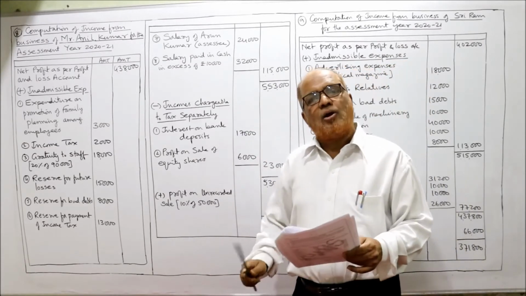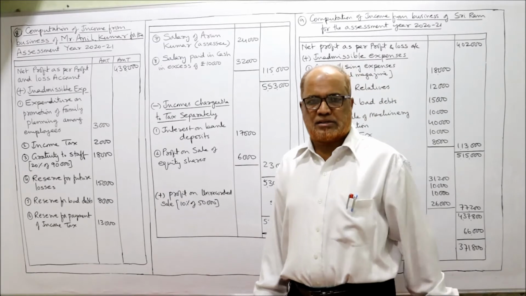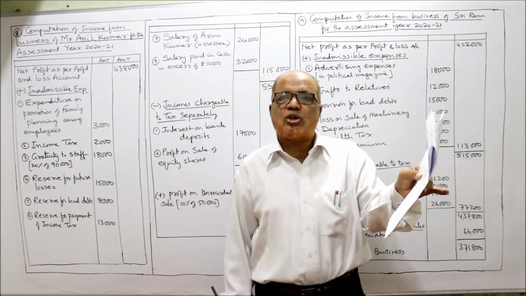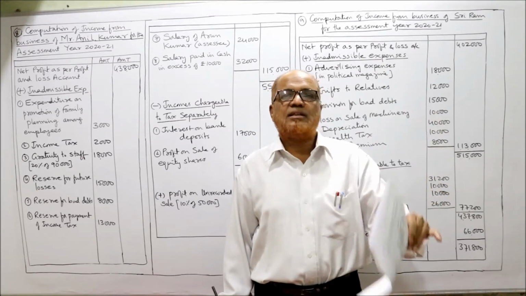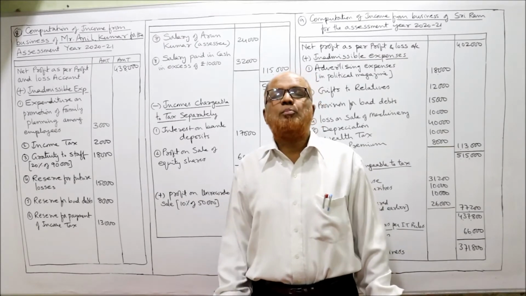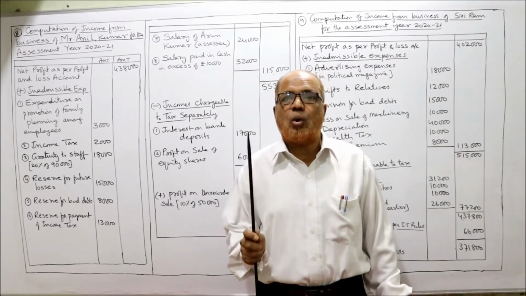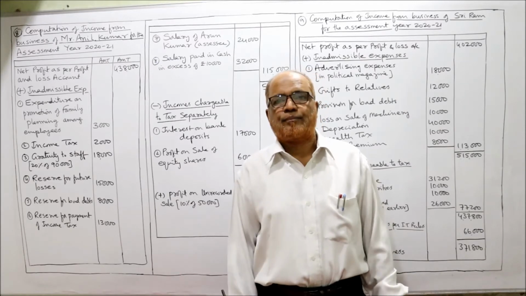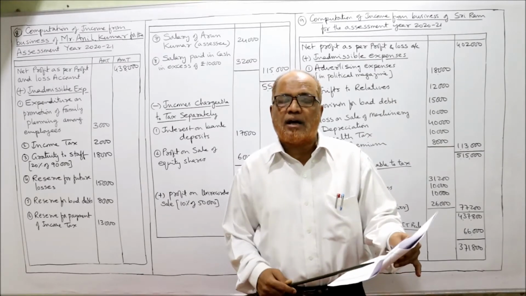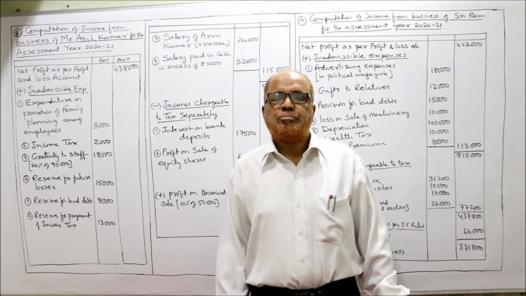Next, interest on bank loan, allowed. Expenditure on promotion of family planning among employees. On the debit side of profit and loss account, one item is given, expenditure on promotion of family planning among employees, 3,000. The Income Tax Act says, if the employer incurs some expenditure on promotion of family planning among the employees, it is allowed as deduction only for companies, only for joint stock companies. But here the business is not a company, the business is a sole trading concern, so it is not allowed